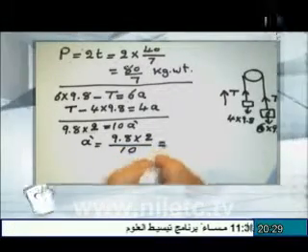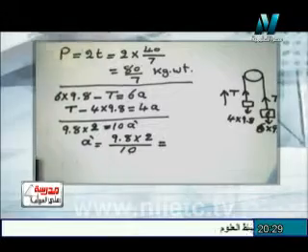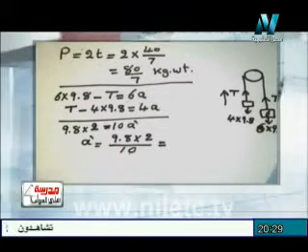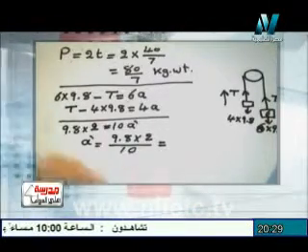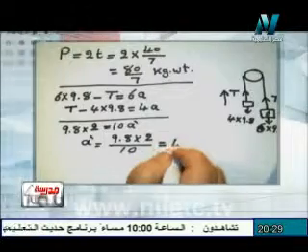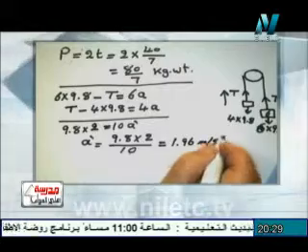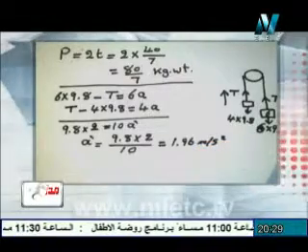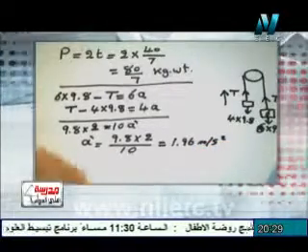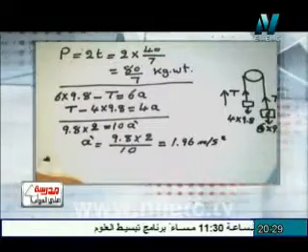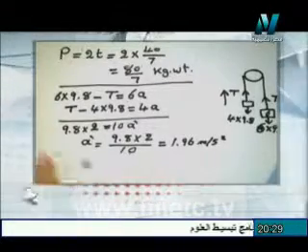Therefore, it equals what? You can calculate this now. 1.96. 1.96 meter per second square. Now we have to get the tension. Substitute in any of the two equations, say the second, then T equals